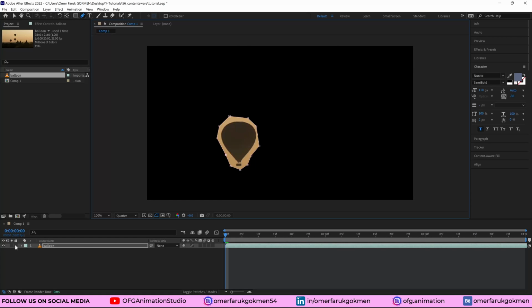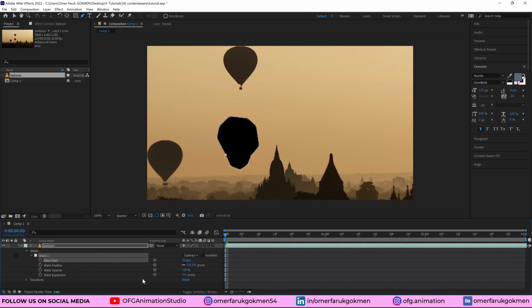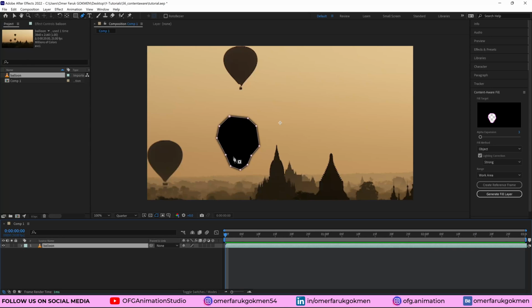So perfect, and we need to go to the mask and choose this one, subtract. You can increase the mask expansion but not too much, like 5, and feather as well, let's make it 10. Okay, good. We determined the mask area, so let's come here to mask path and create a keyframe